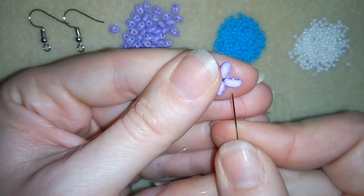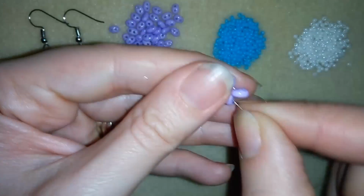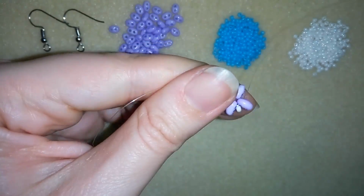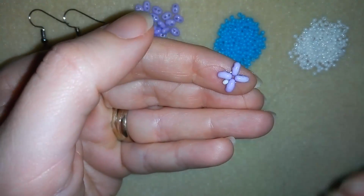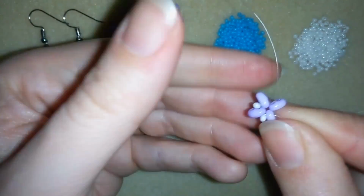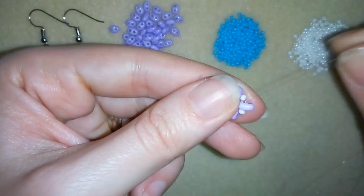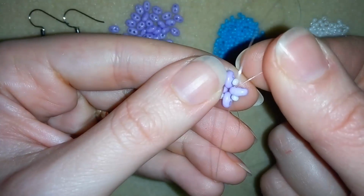and I will go through my next twin bead or Superduo bead. Okay, then I will take just 1 seed bead and I will exit out of the inner filled hole of my next twin bead. Then I will repeat this 3 more times. Now this is what I have,